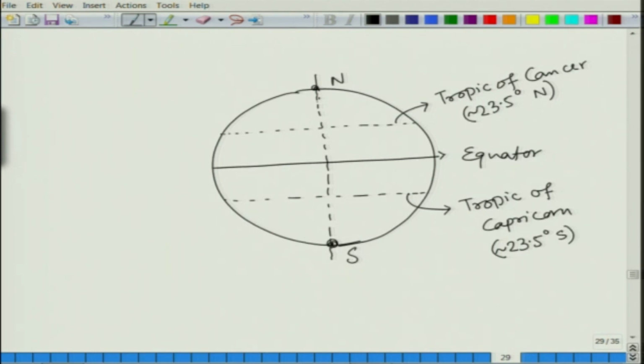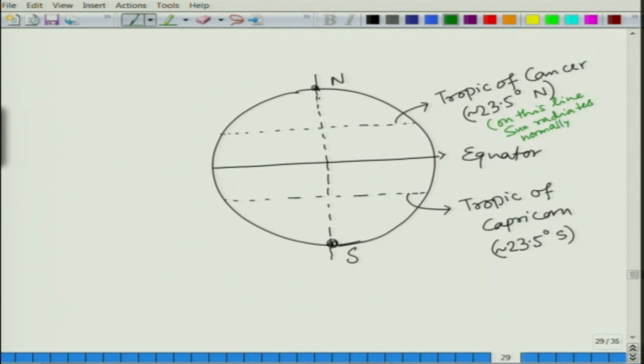So, this is Tropic of Cancer and Tropic of Capricorn, and what it says, this Tropic of Cancer, let me use another color, on this line sun radiates normally, normally means perpendicularly,